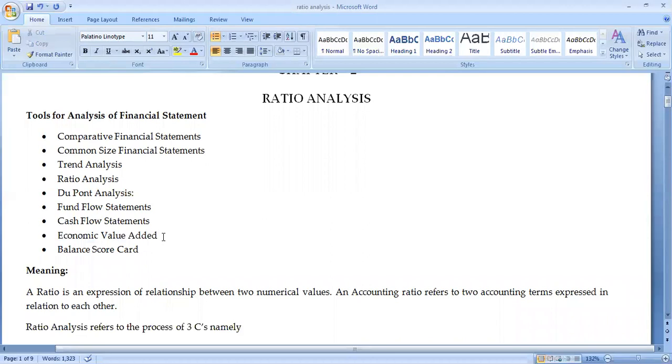So by the term economic value added, how can you identify the economic profit? It is identified by the net profit, from which the capital charges arising from the capital will be deducted. Whatever capital is raised by the firm, irrespective of debt, irrespective of the types of equity, will be deducted from the net profit. So you are going to arrive at the economic value added. Clear? Economic value added is simply an analysis of the financial statement which was introduced to find out the firm's economic profit.